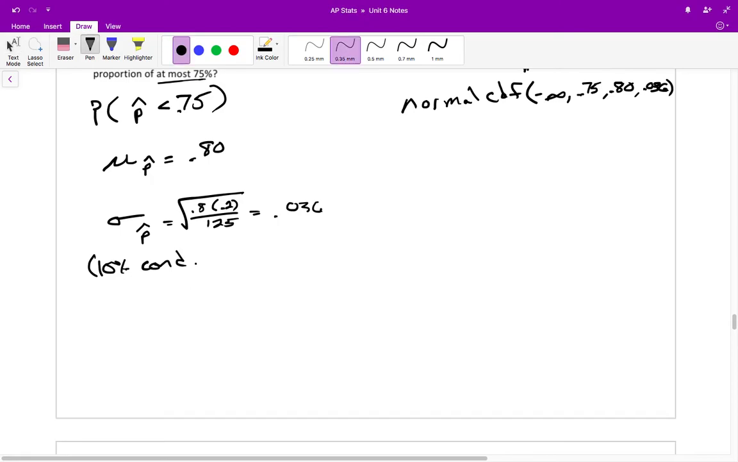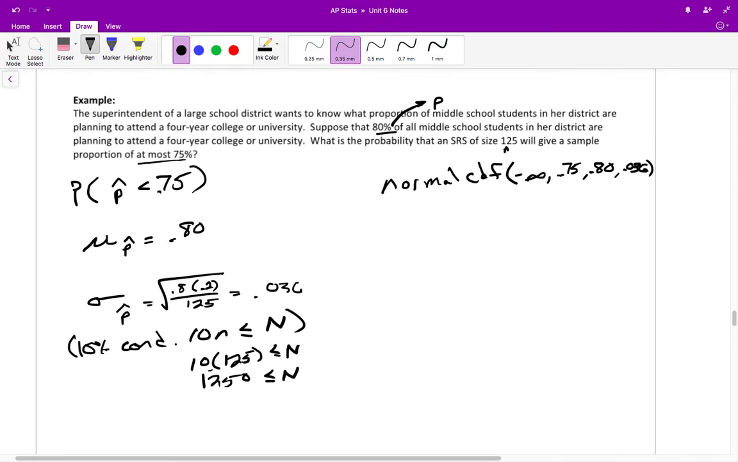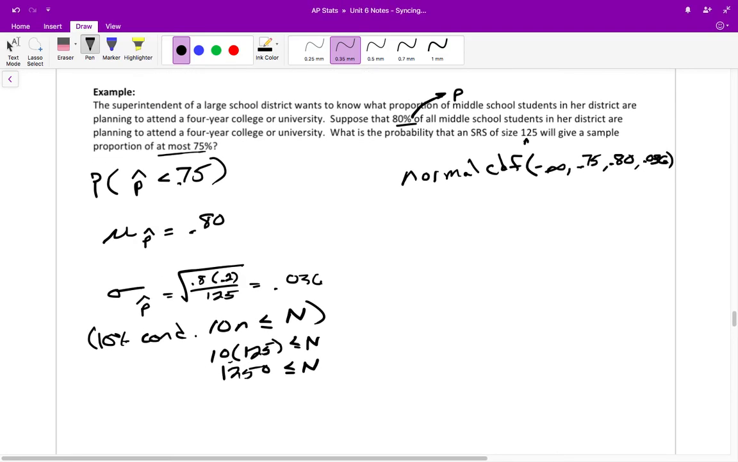We need to check, is 10 times n less than or equal to our sample size? So we would need to check 10 multiplied by our n value, which was 125. Is that reasonably less than our entire sample? In other words, is 1,250 going to be smaller than the total number of middle schoolers in this district,